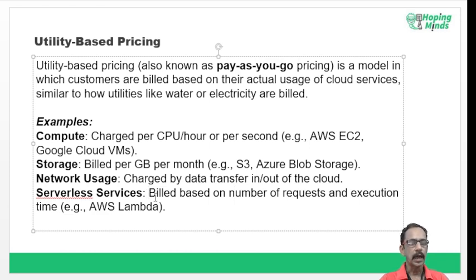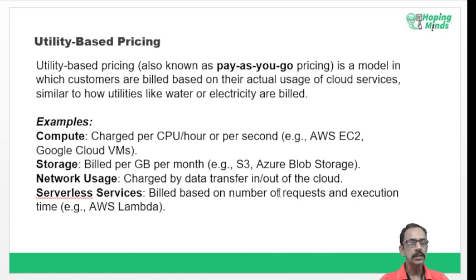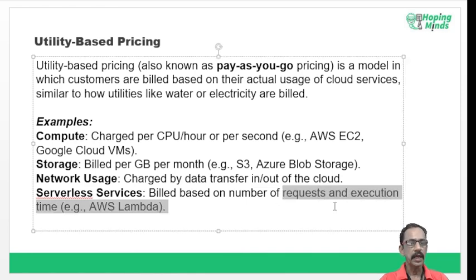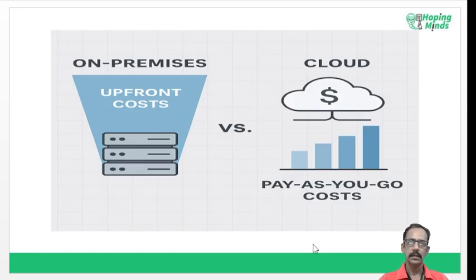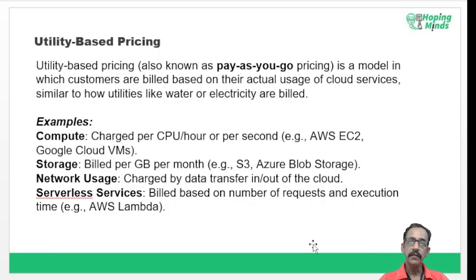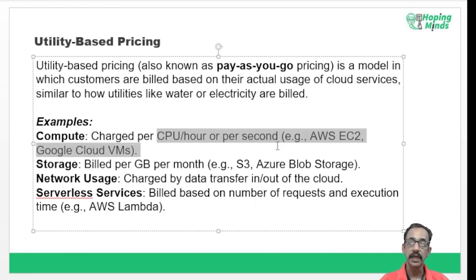How many requests are coming, and what is the execution time of that? This is the beauty of cloud economics: overall cost reduction, and even after that, utility based pricing, you pay only for what you use. It's not like a home that if you take it on rent for 1 month, you have to pay the full month's rent in advance. No, here you pay on an hourly basis or even a per second basis. However many seconds you use.